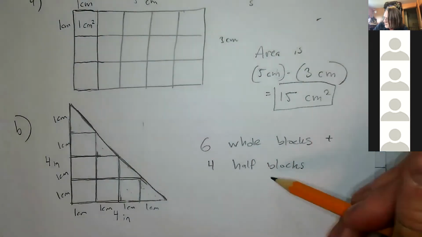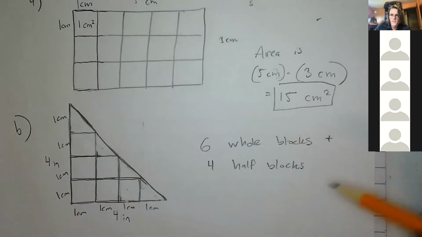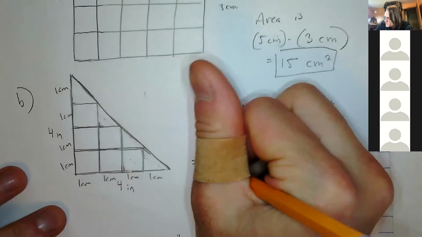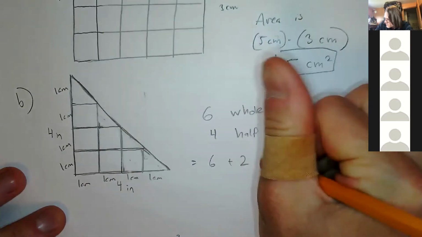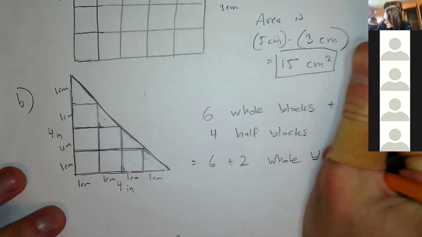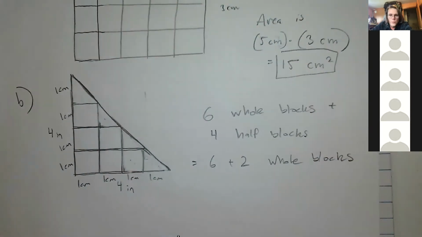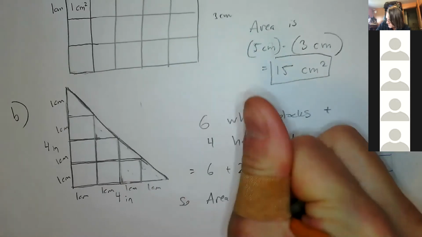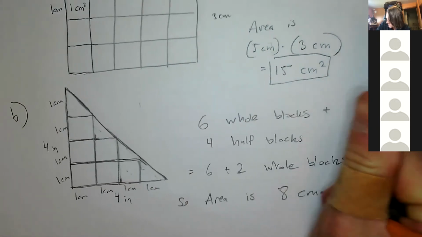So for that, how many whole blocks is 4 half blocks? 2. 2, exactly. So this is equal to 6 plus 2 whole blocks, right? And the area of a whole block is 1 centimeter squared. So area is 8 centimeters squared,